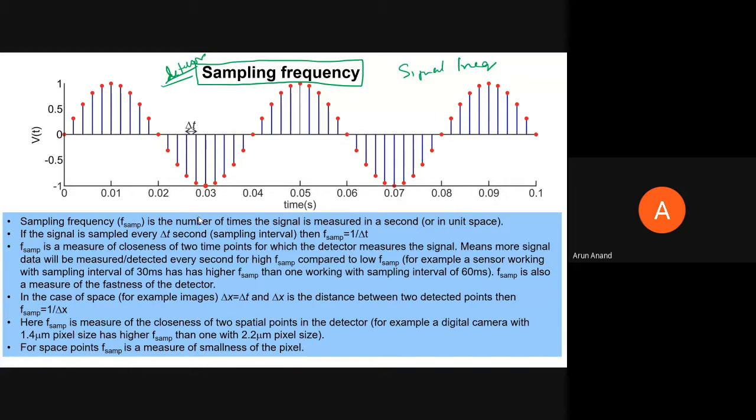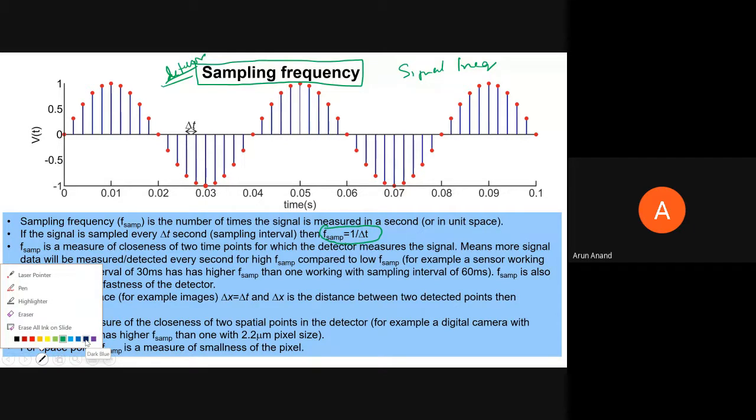Of course, the other way around. For example, if your signal frequency is 100 hertz and your sampling frequency is 1,000 hertz, it is sampled 1,000 times in a second, whereas your signal is varying only 100 times in a second. There it's going to be okay. We will talk about the sampling criteria. Your sampling frequency is nothing but the inverse of your sampling interval. We already talked about sampling interval. Do I have to explain these things? I think this is clear.